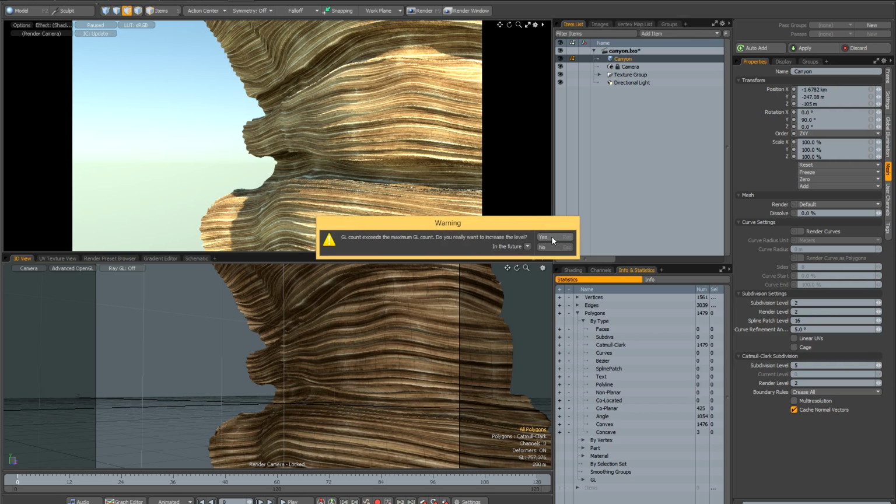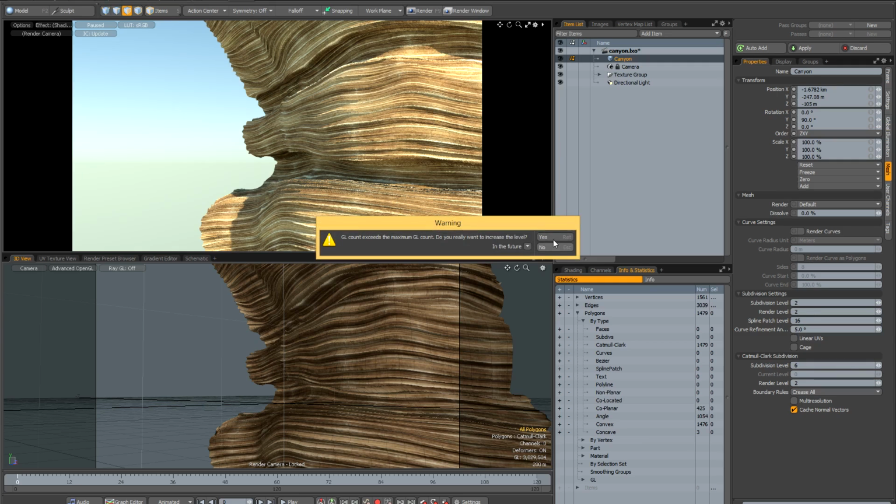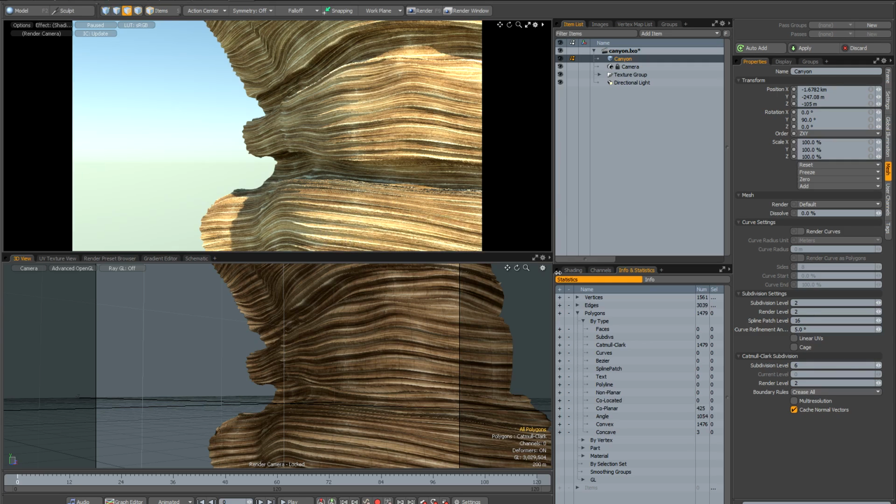You see I've got the warning here because now I'm going to go past 1 million. And I'm at 3 million, it's taking a little bit longer to update. I think I'm going to increase it one more time. And you can see it's taking a little while longer to update because it's got to generate the extra geometry in the viewport. But now that it's done it, I'm at 12 million polygons and I'm going to stop at